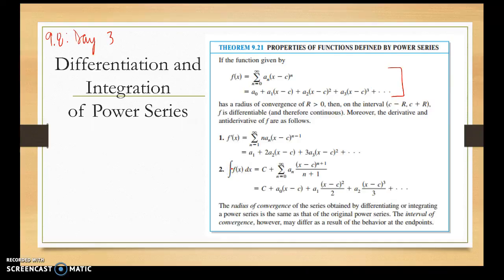If you look at the individual terms of the series, we can differentiate those individually as well. The derivative of a constant would be 0. The derivative of the second term, using our power rule, will just leave us with a sub 1. Now check out what happens to the boundaries on the derivative. If the power series starts at n equals 0, the derivative has to start at n